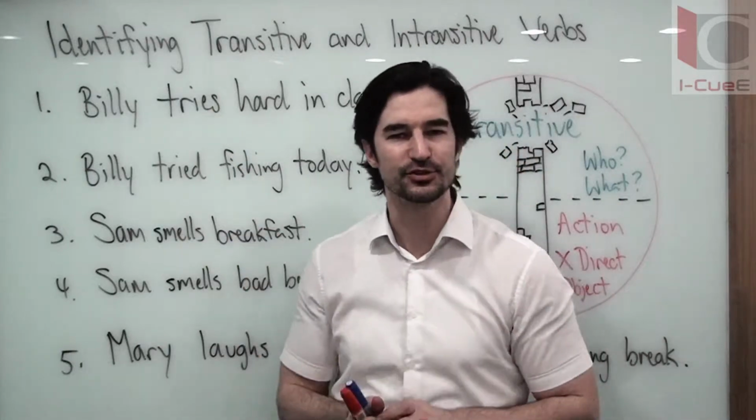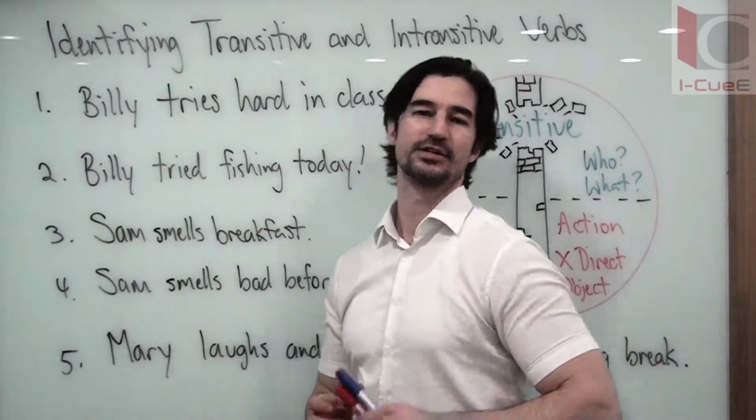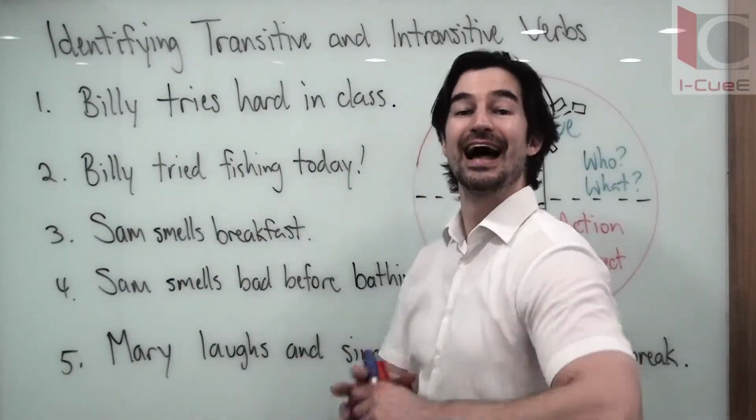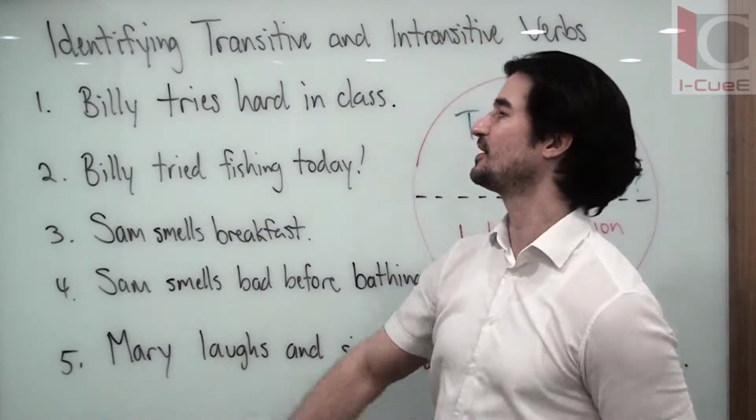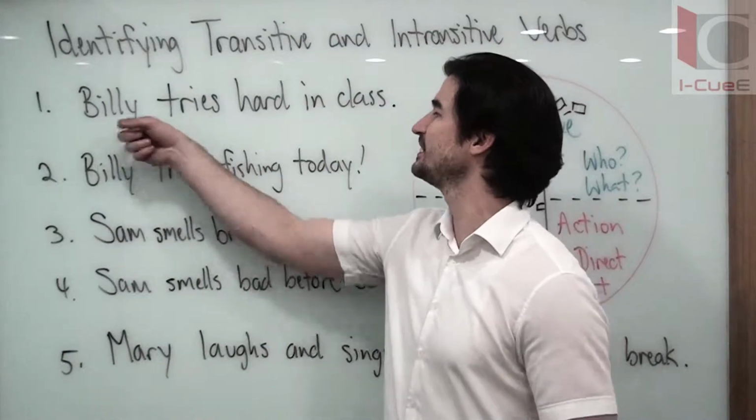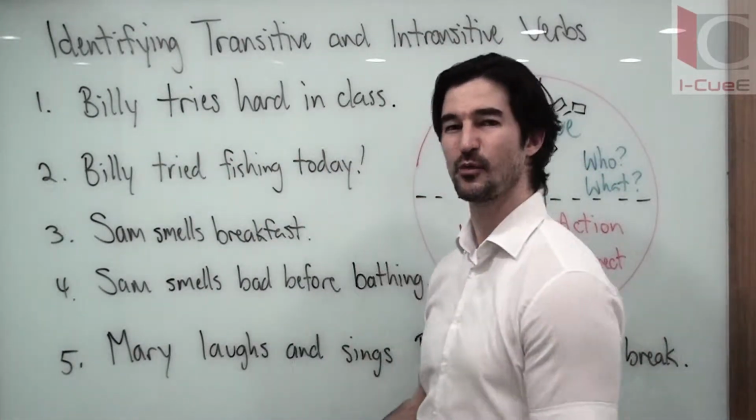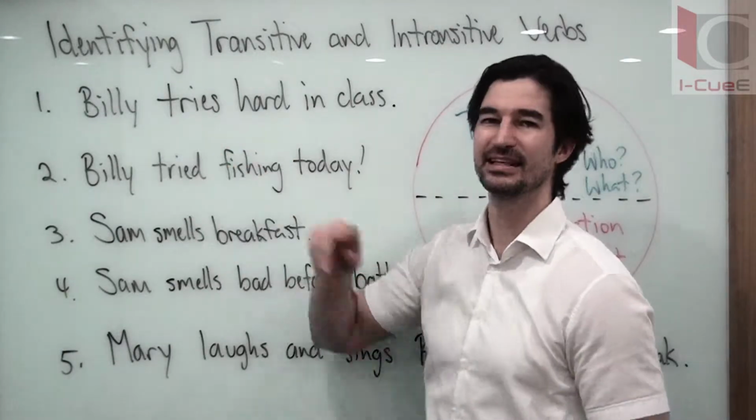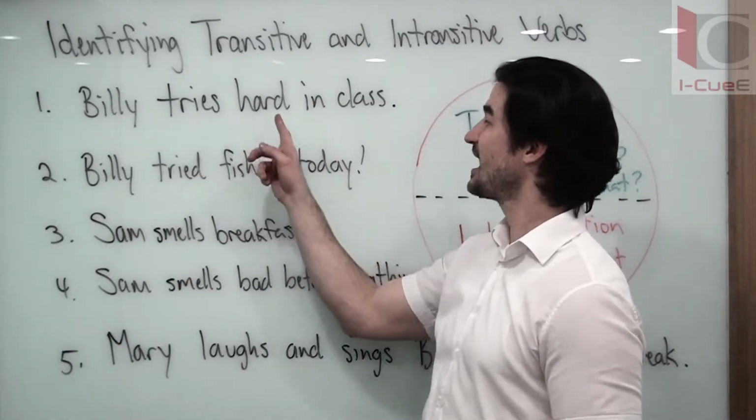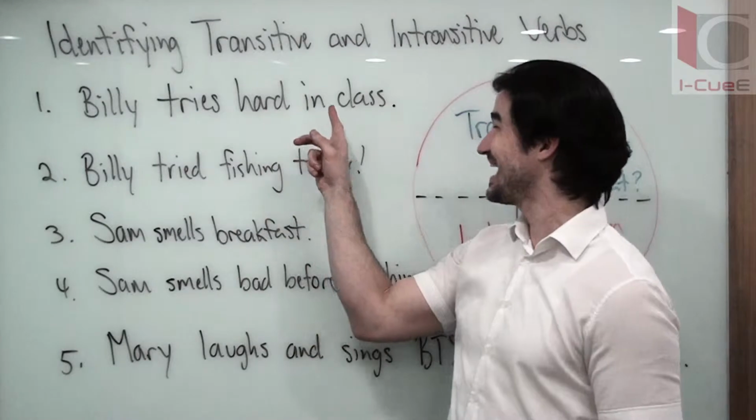I'm just going to be talking through these as we go, so try and keep up. Sentence number one, Billy tries hard in class. So, easily you can identify the verb here as being try. Obviously the subject is Billy. Now, what kind of word is hard in this sentence? Well, it's describing Billy's trying. It's describing his effort. And we can say hard is an adverb describing try, and in class is